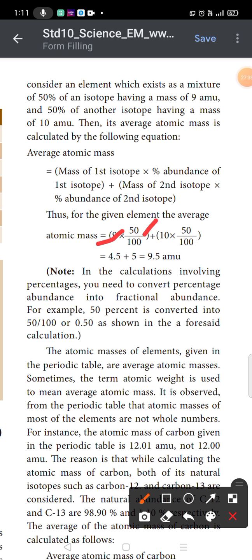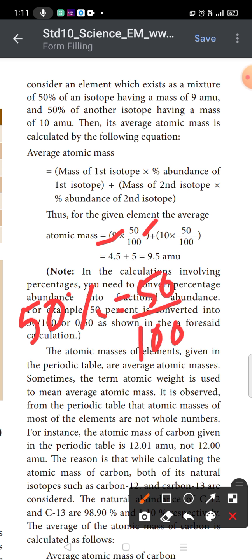how did we get 50 by 100? Because 50% is called 50 by 100. So, instead of 50%, I have written 50 by 100 plus 10 into 50 by 100. That's all. The 10s will be cancelled. 5 by 10, which gives